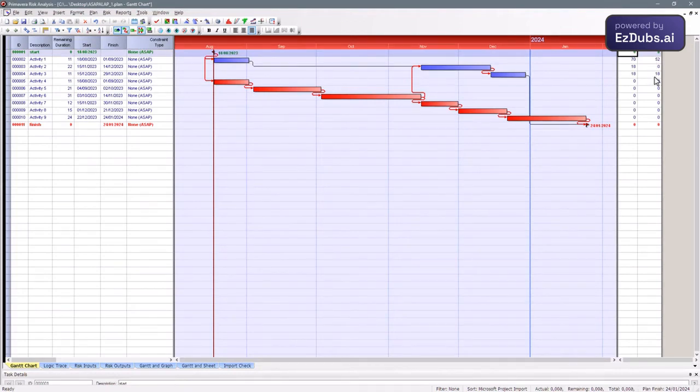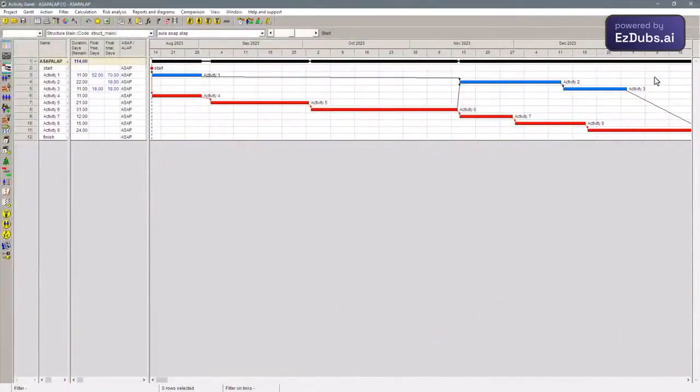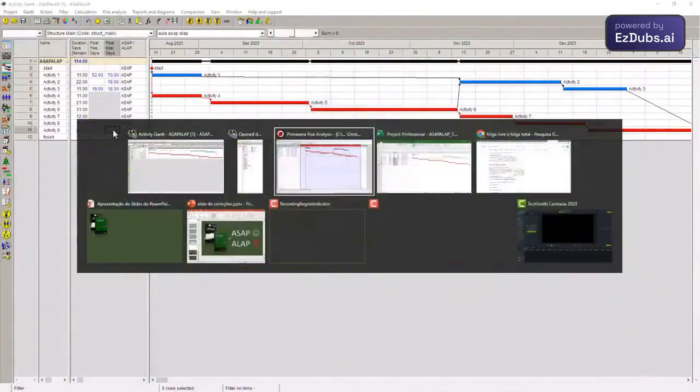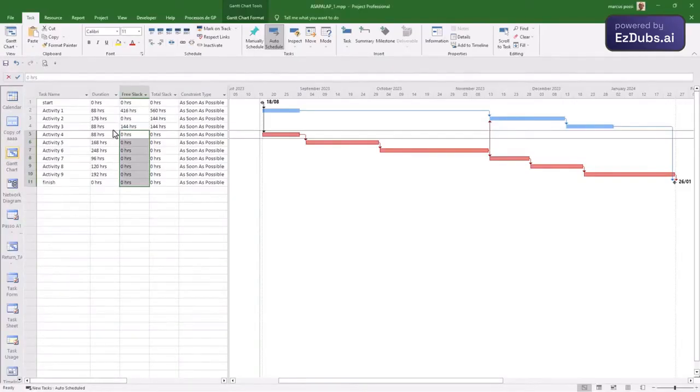Let's see one more tool. This tool here is not MS Project, it's Spider Project. And it also has the earliest possible, and it also has the free slack field. These two have, like ours, the total slack, and we have nothing on the critical path, free or total. Note that it is the old default color, red and blue. This also applies to Spider, red and blue. I kept the default colors the same as MS Project, red and blue.